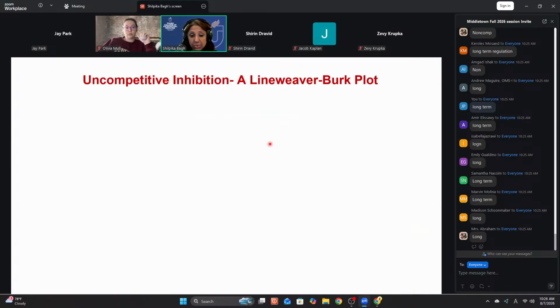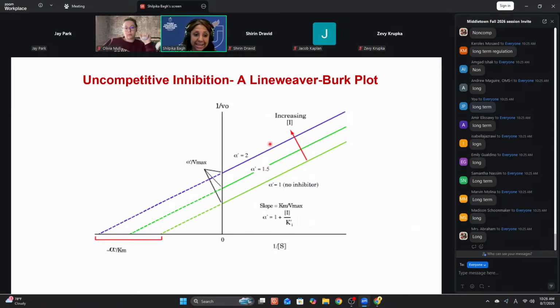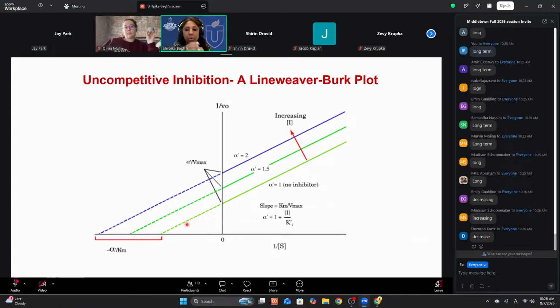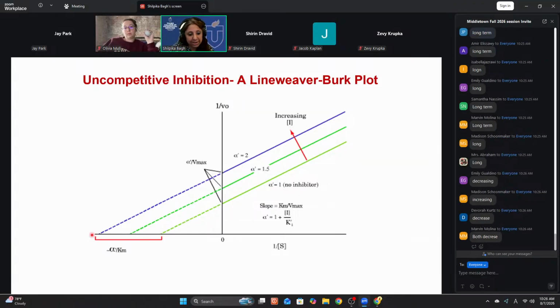I explained that in suicidal inhibition, the inhibitor binds to the enzyme and kills it. Competitive inhibition is not part of your course objective, but clearly by this graph and the parallel lines, you can say what's happening to both Vmax and Km. Km is going left and this line is moving up. So what is happening here? Are both Km and Vmax increasing or decreasing? Both are decreasing. Km is moving left, the Vmax line is moving up. So both Km and Vmax are decreasing.